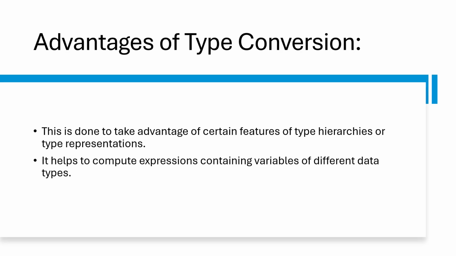What are the advantages? There is a feature of type hierarchies or type representation, which is important for data types. We follow higher to lower type conversions and use the typecast operators to convert. While converting, there will be no data loss here, because there are type hierarchies and type representations, which help to compute expressions containing